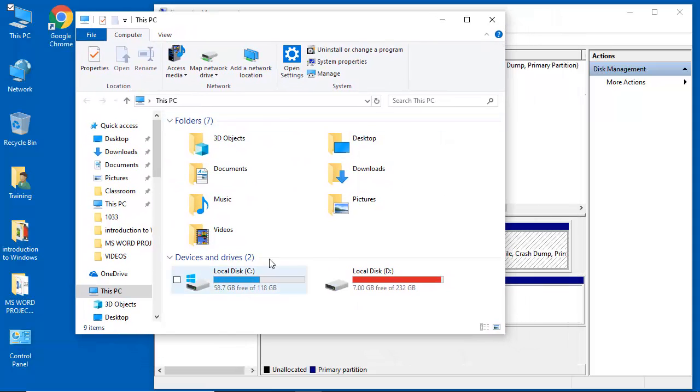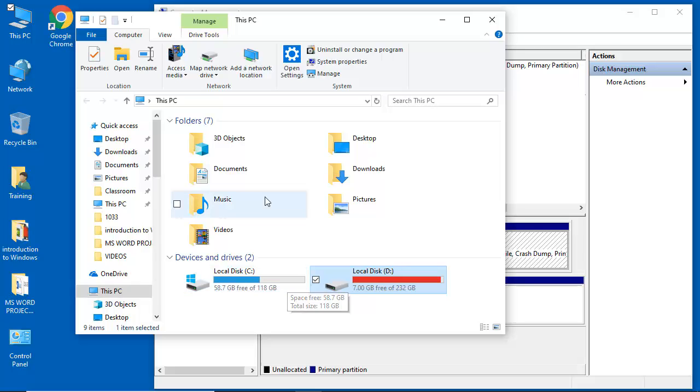Now when you double click on This PC, you're going to see your drives. It says devices and drives. So I've got two. This is my primary, that is local disk C, and then this is my secondary, which is actually an external hard drive for me. You can see it's almost full, that is why it has a red light. So pay attention to this one. Out of 118 gigabytes, we have 58.7 gigabytes free, which means this gray region is the free space right here. What I want to do, however, is to shrink it